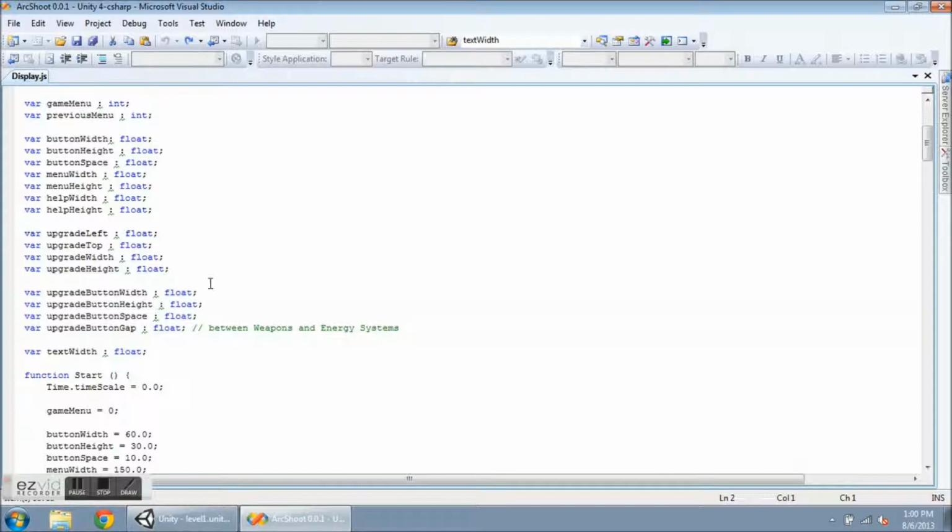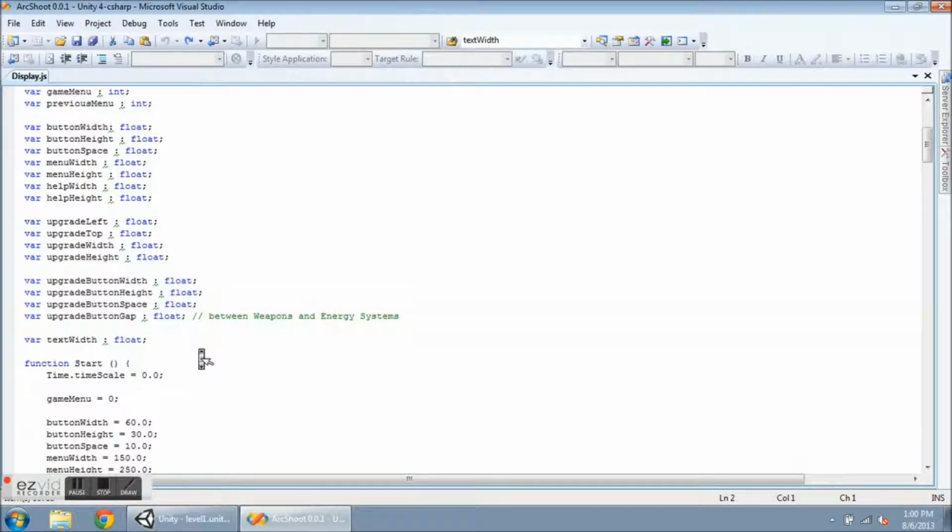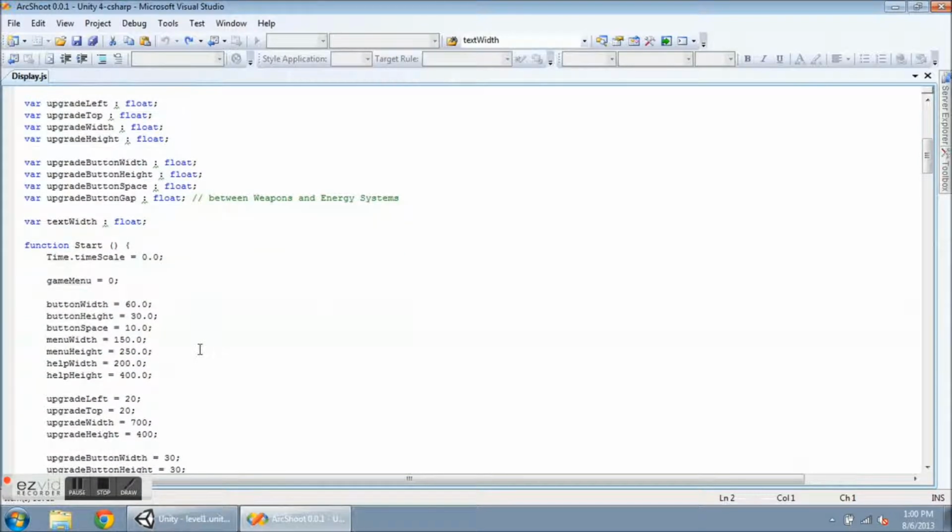So when the game starts, the display controls where the game basically starts off paused. So the very first thing that happens is I set time scale equal to 0, my game menu to 0, and then I initialize all these size variables. So let me show you what I have here. So the update now